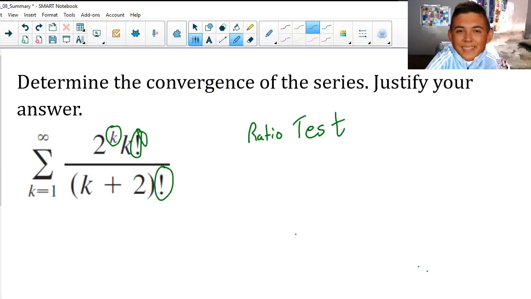But sometimes we might have to try more than one. Maybe we try a test and it doesn't work, so maybe we go on to the next one. We do that a lot with starting with the nth term test. Well, maybe it would be too difficult, or maybe we get 0, so it's inconclusive, but it's a good place to start.